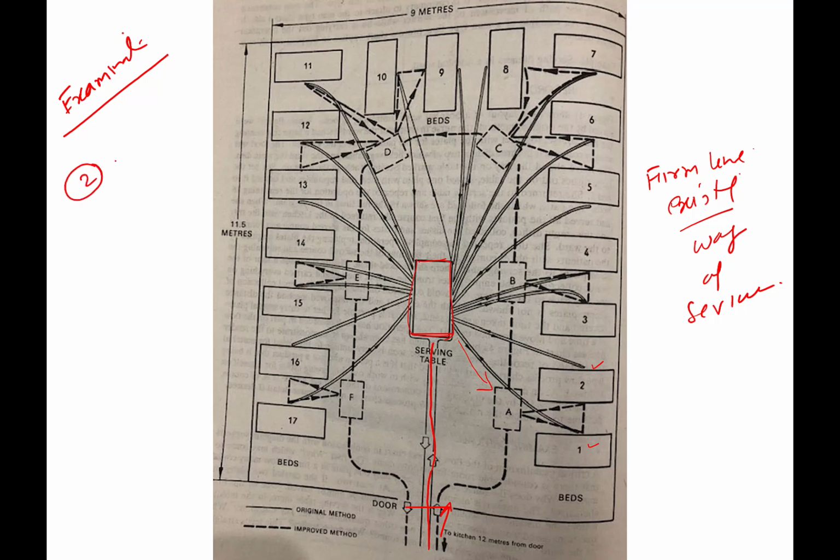So obviously, instead of taking just one plate from the serving table and serving the patients, let's take 2 plates and then do the service. This can reduce the movement from bed to the serving table, which is kept at the center, by 50%. Another question coming here is, why is it kept at the center only? Why can't it be moved? Since the serving table is very much movable, of course it can be moved.